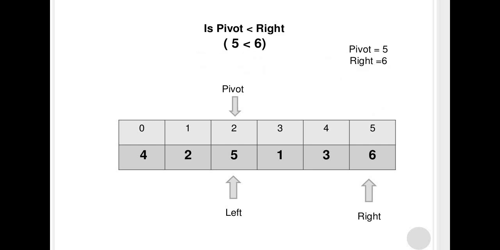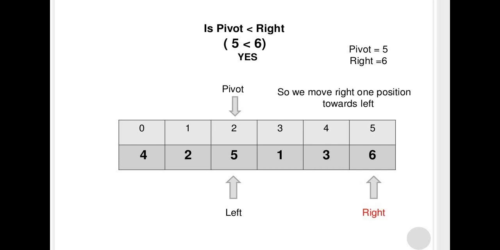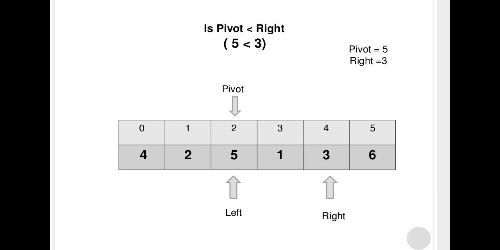So again you have to compare with the remaining elements here. So 5 is smaller than the last element, so you have to continue, yes, and move to the next position from the right side. Okay, so we can move one position towards the left here. Now it will be pointed to the fourth position, index number 3, and will compare with 3. Here 5 is greater than this 3, right?